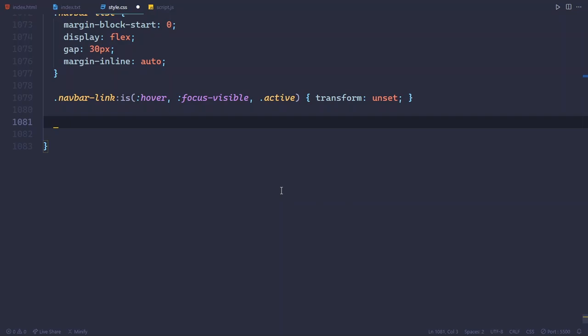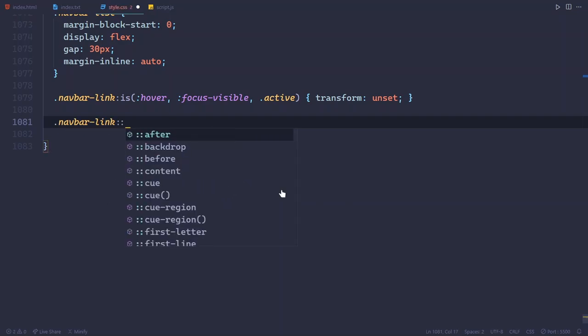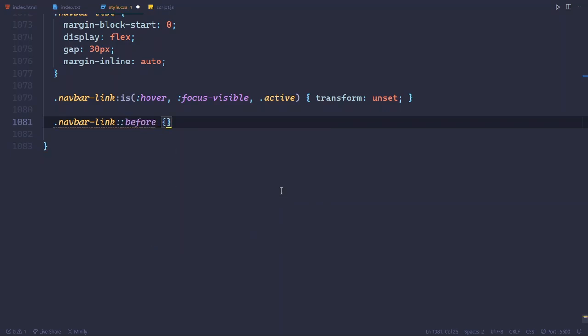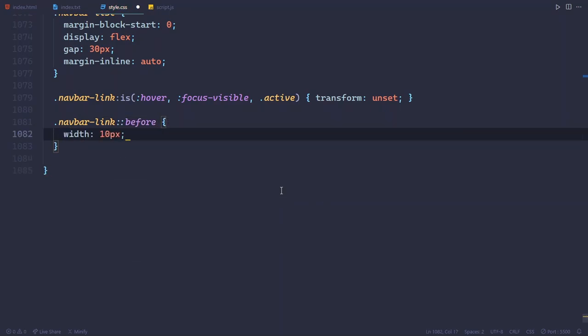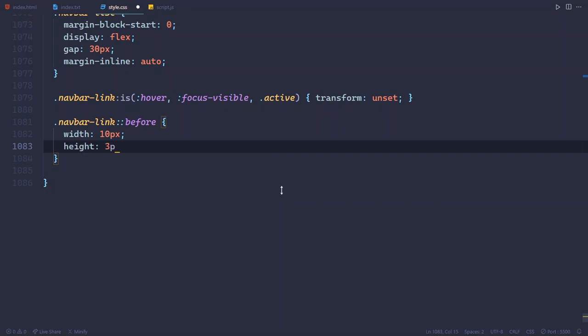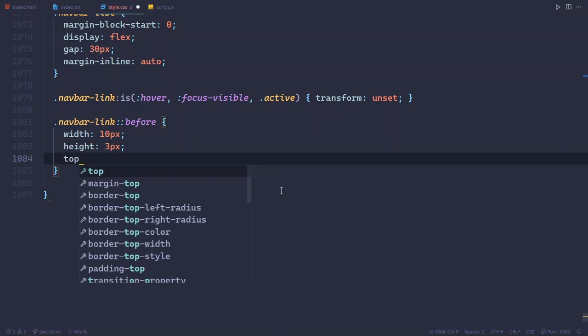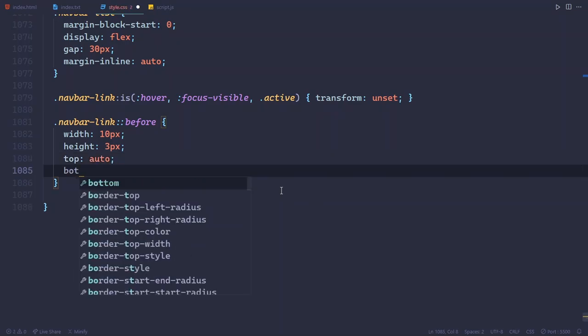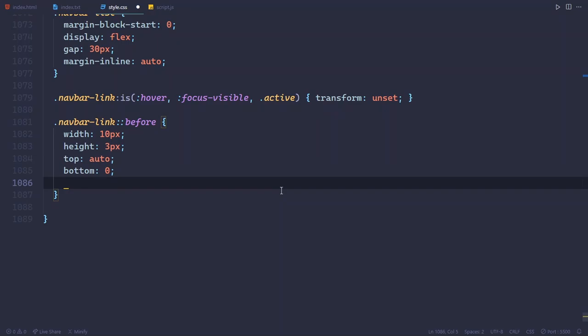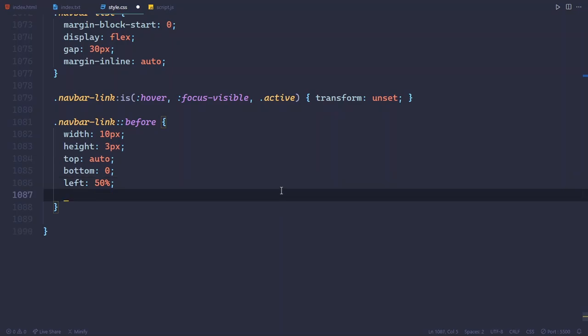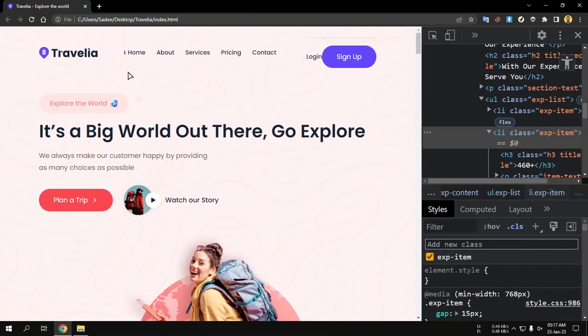Then select the navbar link before, so before width will be 10px and height will be 3, top is auto and bottom is 0, also left will be 50px, and transform translateX will be minus 50%, which is for centering. Like this. So after that, select the header action,